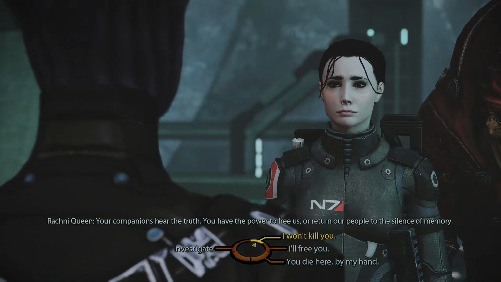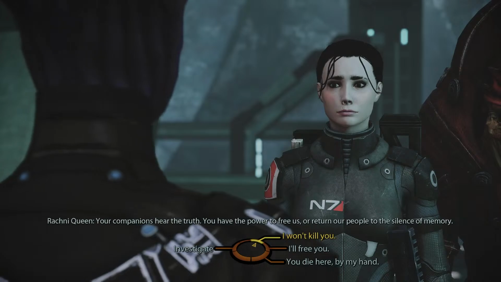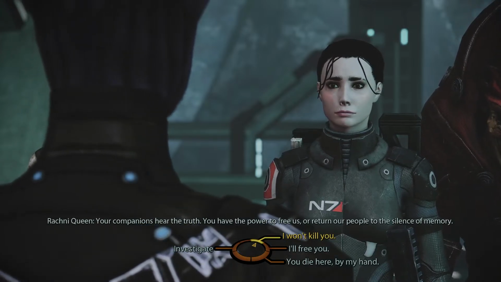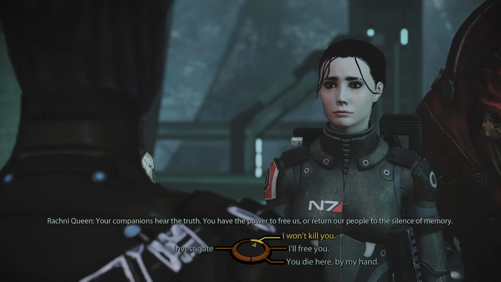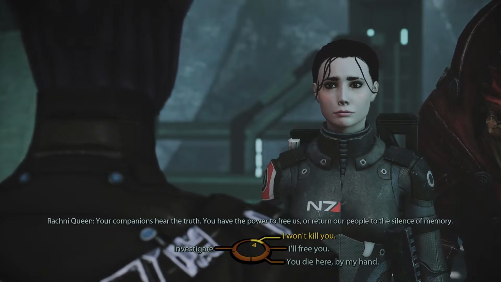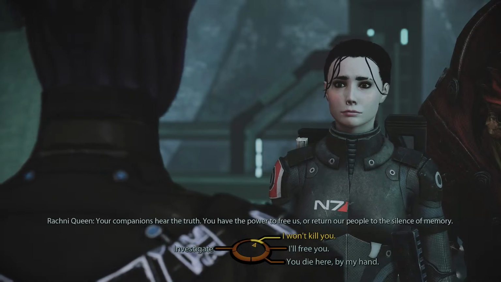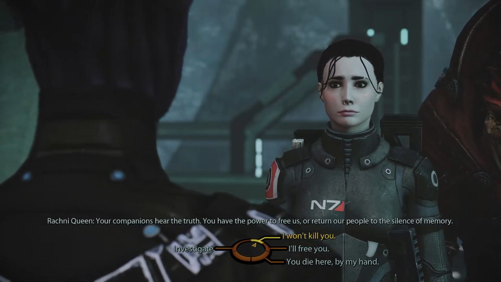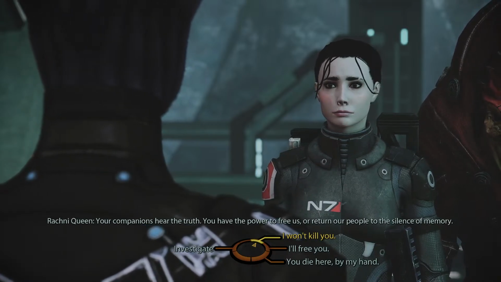So one of the great things about this particular scene, one is obviously the moral dilemma, which I think is pretty cool, but then obviously that moral dilemma shifts as you bring different companions, especially Rex. He has a very personal history with Rachni, but of course, this was Mass Effect 1. We didn't know what kind of options we had, and in Mass Effect 3 we have the culmination of this choice, and